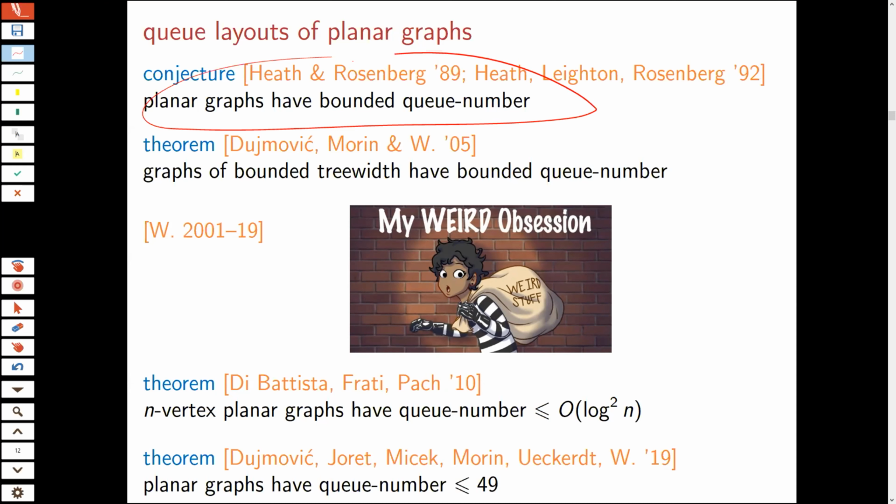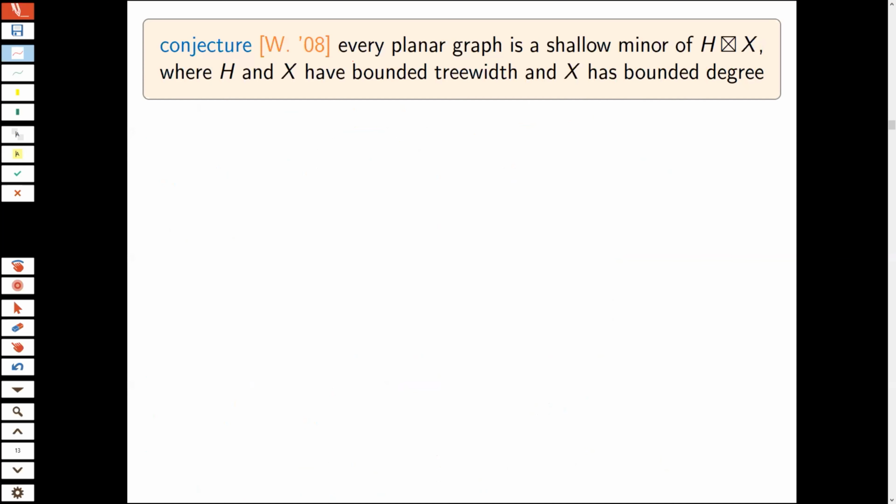And the more I worked on this question, what I realized is we needed a global picture of the structure of planar graphs. Most methods for studying planar graphs look at the local structure. Think about the proof of the four-color theorem, for example. It's all about local structure. But this question of Q number was really about the global structure, and that's what made it interesting for me.